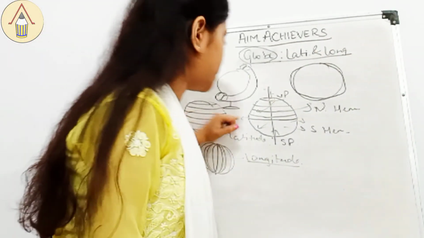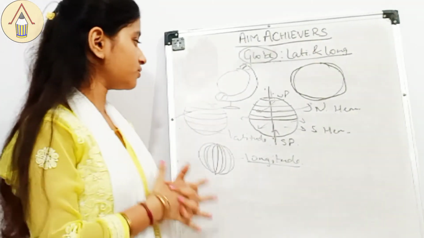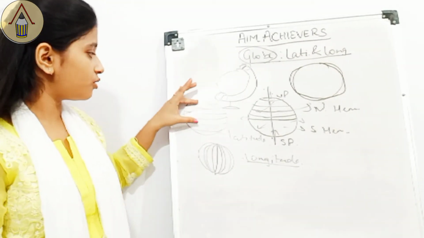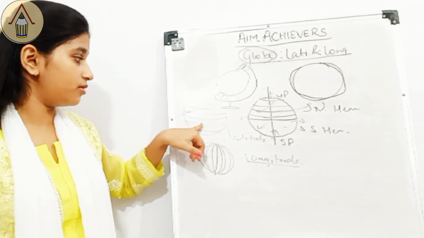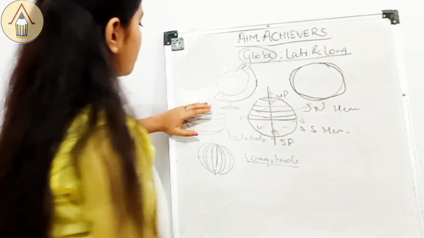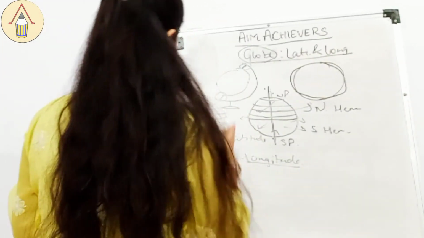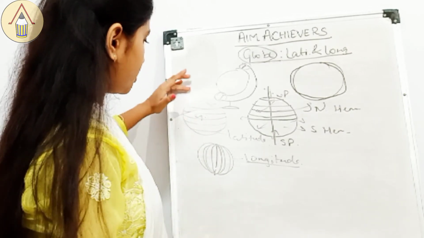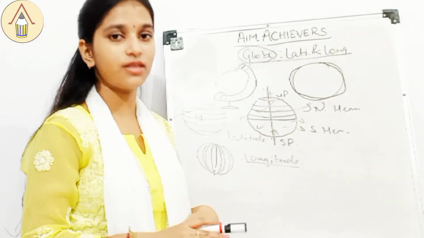Now, why you must be thinking that why do we need these? We need to locate a place. To know where actually a place lies on Earth, we need latitudes and longitudes, both equally important. Okay. To know the importance of latitudes, this is the equator. Okay. This is the equator. Equator के उधर साइड सब नॉर्थ में आता है and equator के southern side everything is in south. Okay.